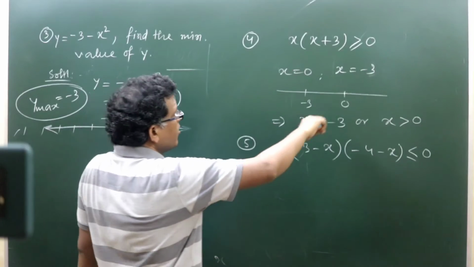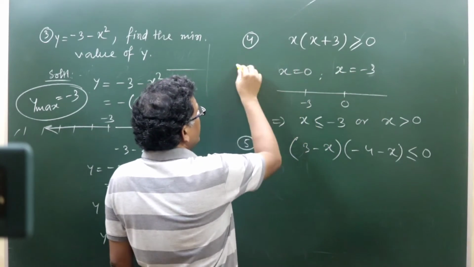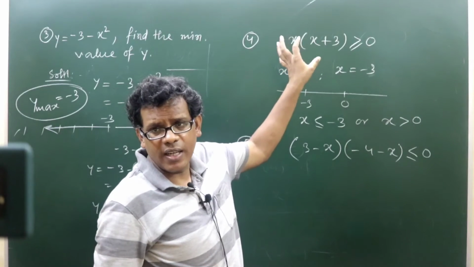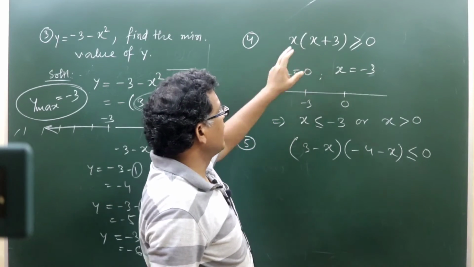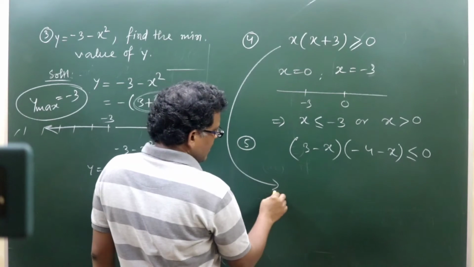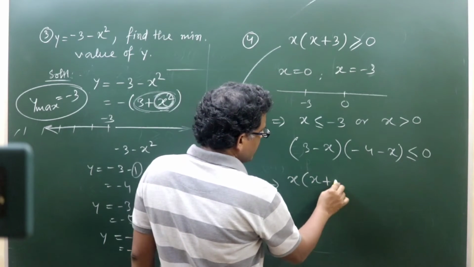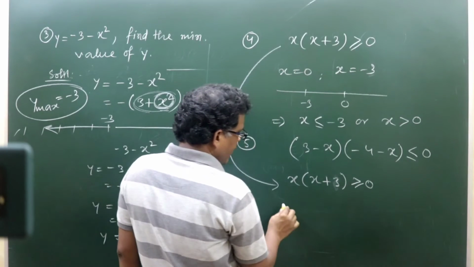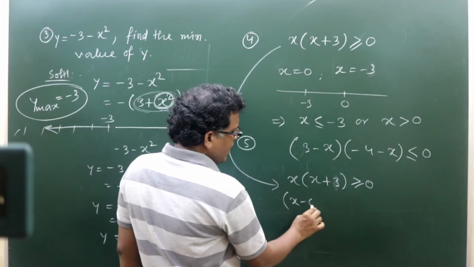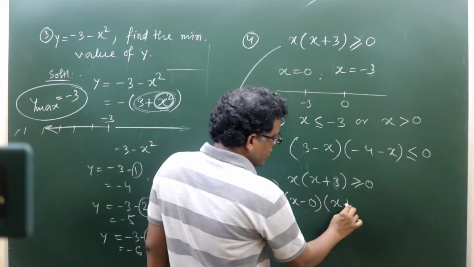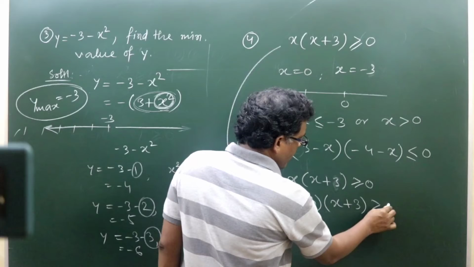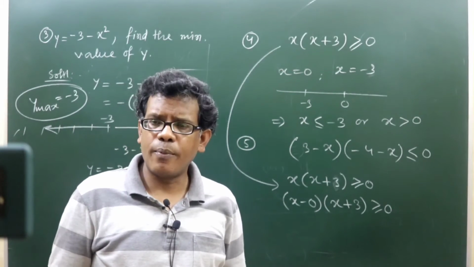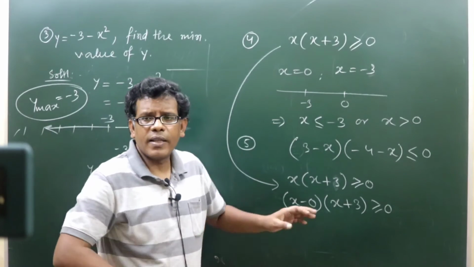Okay, again go back to this. So see that normally we write x plus something or x minus something as one factor, right? So here nothing is there. That means this step is concerned as it is given x into x plus 3 that is greater than equal to 0. So simply if I make it x minus 0, for example, and x plus 3, I mean to match up the format, if we want to understand comparing the general format in which we are used to make the argument.